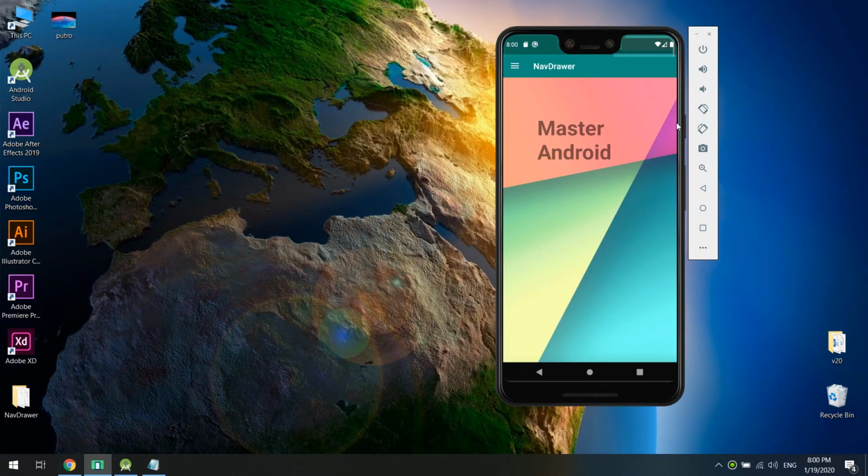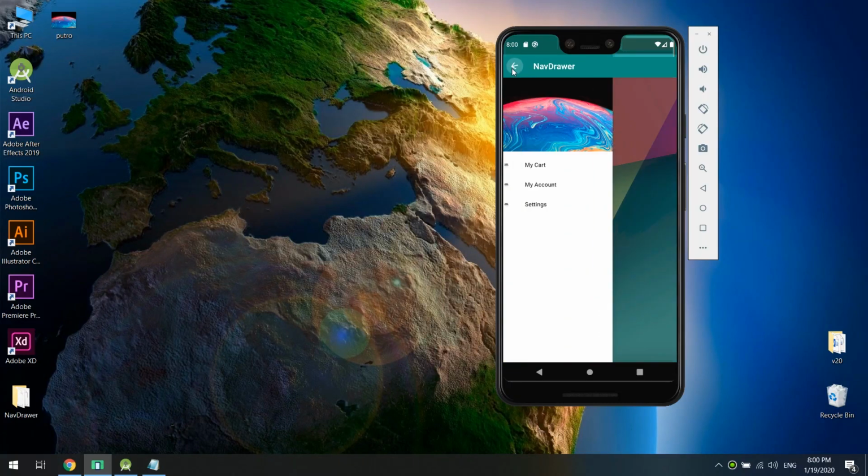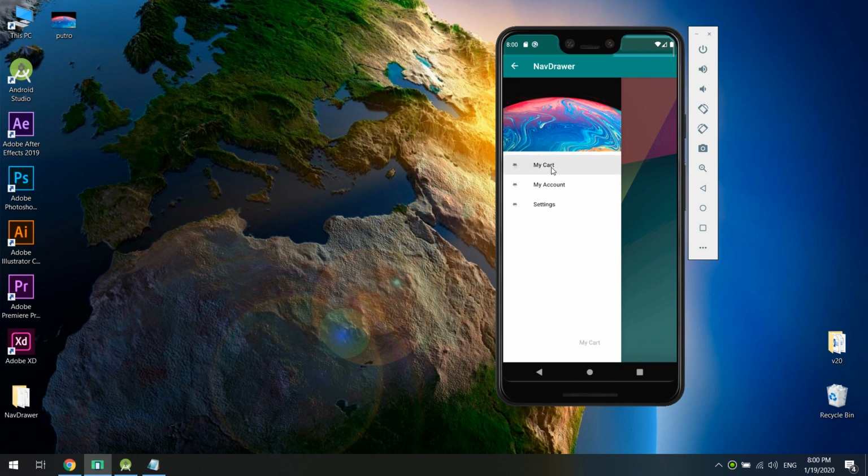I'm going to show you how to create an app with navigation drawer with item click events exactly like this